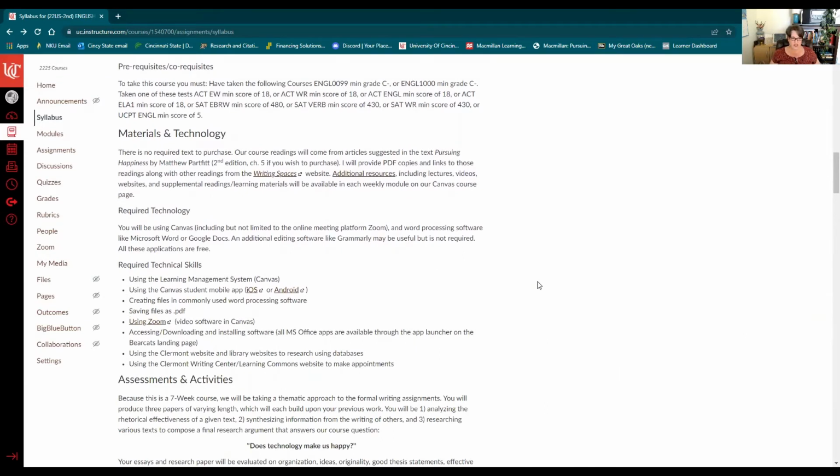On to materials. We have no required text for this course. If you feel like purchasing a book, you can purchase the second edition of Pursuing Happiness. We are using chapter 5 from that text. However, I will be providing the PDF copies and links to those articles that we'll be reading in the first couple of weeks,